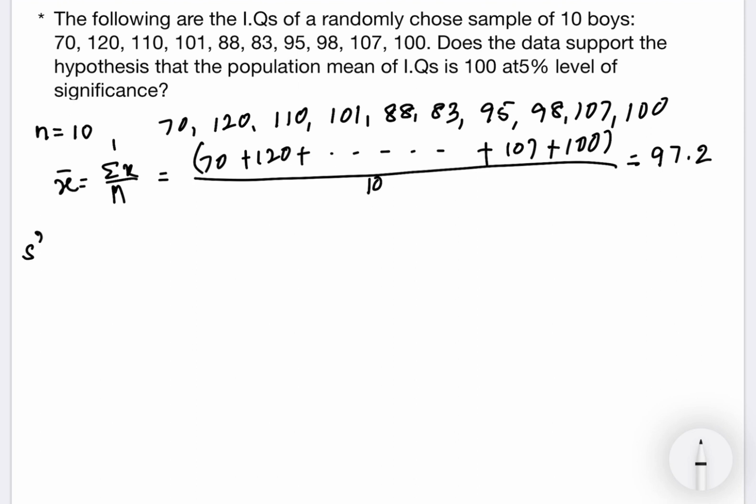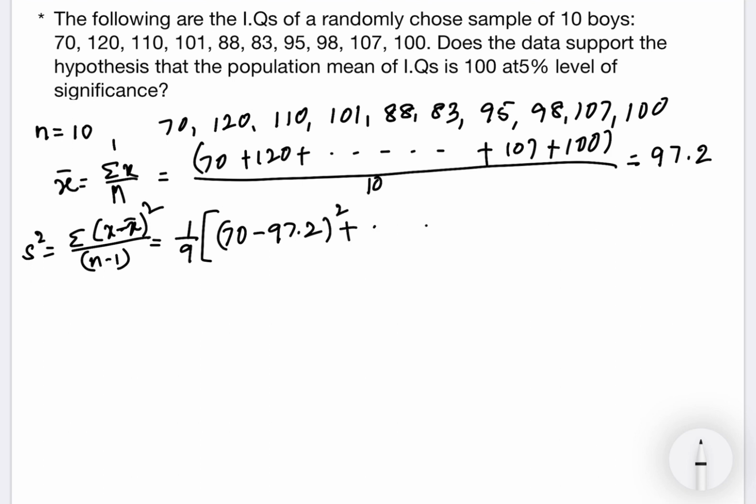And s square is given as summation of (x minus x bar) the whole square divided by n minus 1, and this would be 1 over 9 times (70 minus 97.2) the whole square plus so on. The last value is (100 minus 97.2) the whole square,